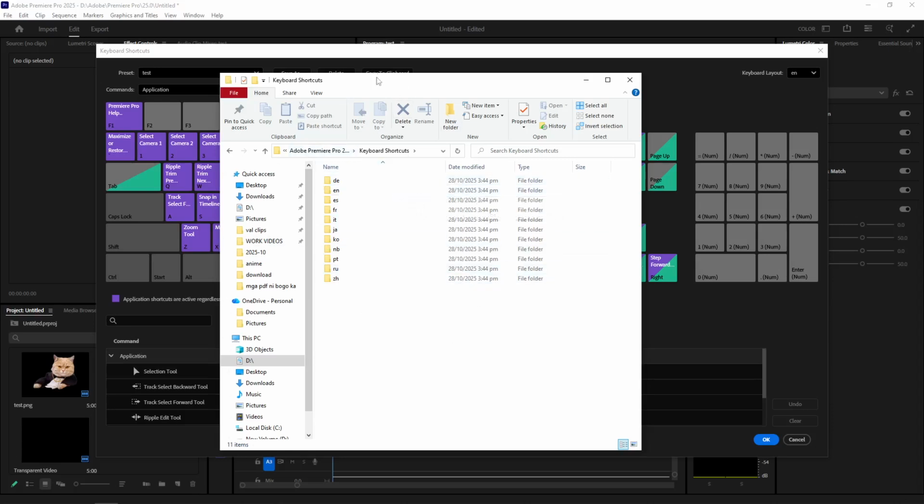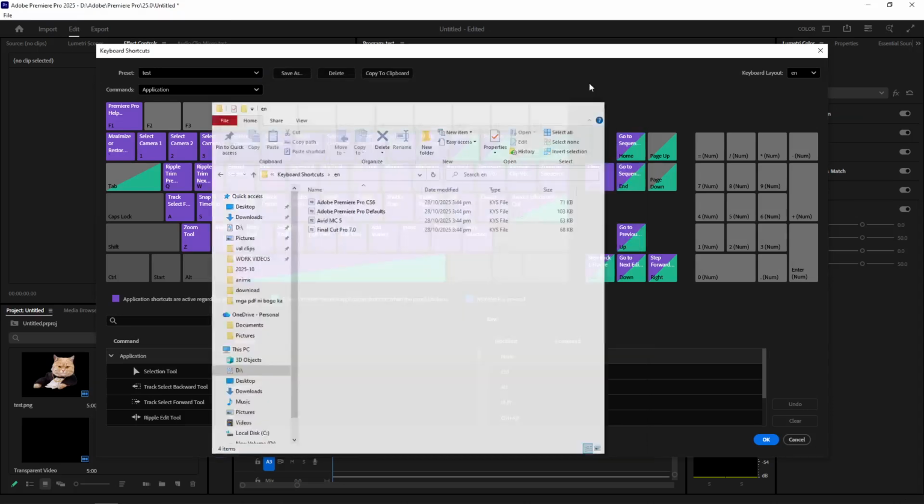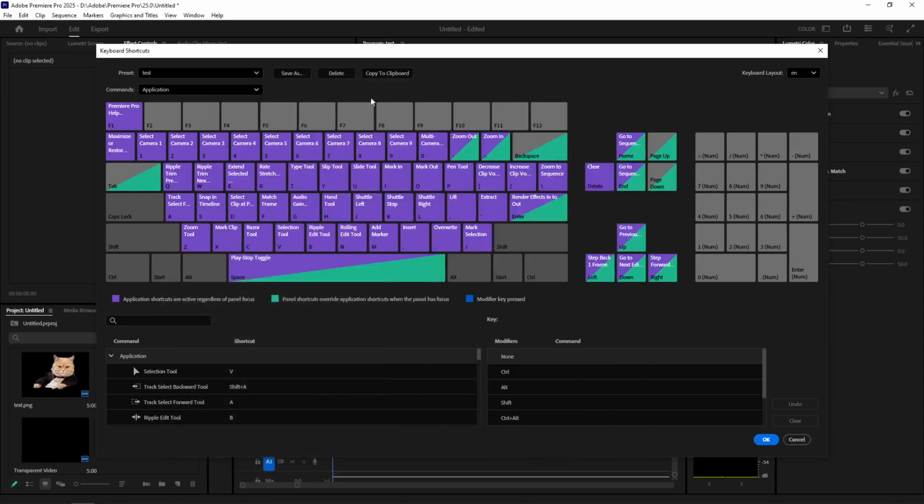When you're ready to transfer your shortcuts to a different computer, paste this .keys file into the same directory path on the new device. Once this is done, fire up Adobe Premiere Pro, access the keyboard shortcuts via the same method we discussed earlier, and select your custom shortcuts set from the drop-down list. And there you go! With these steps, you should have your customized editing shortcuts up and running, providing a seamless